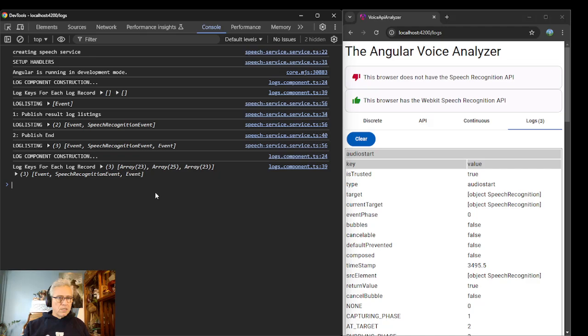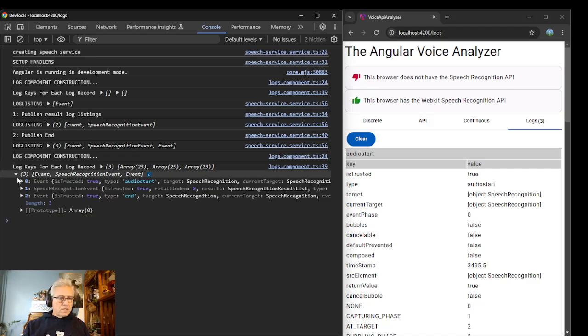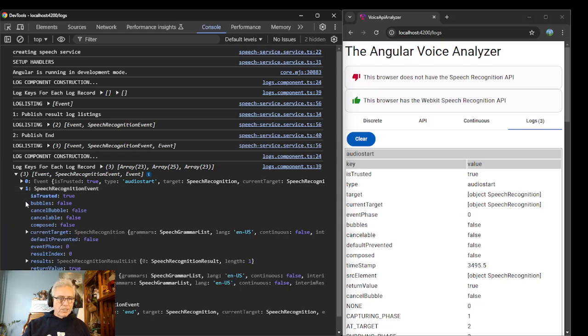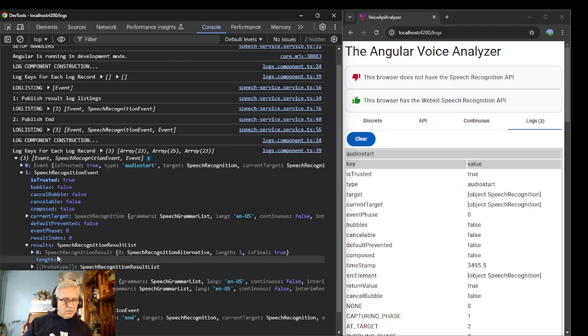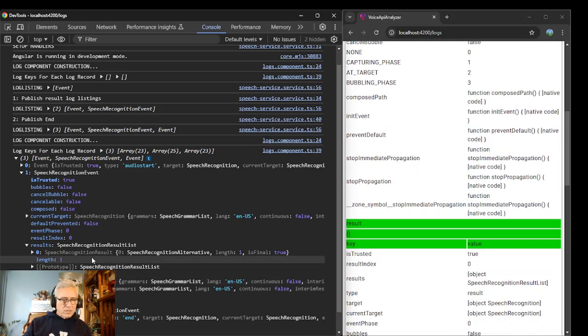Control I. All right, so this is our log listings. Our third one is our speech recognition event. So the type is result, and we're looking at the results. And then results 0. We're looking at results 0.